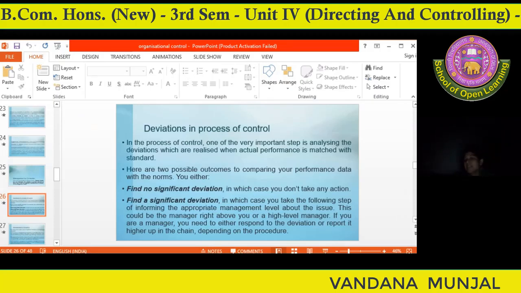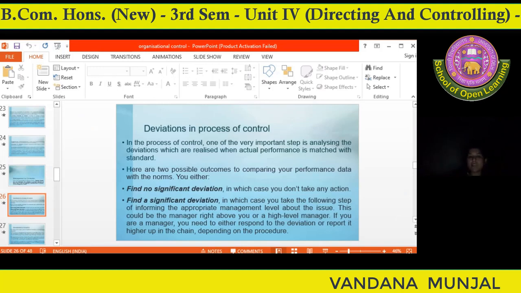Okay, next is that deviation किस area में है. Now you need to identify the key area जिसमें deviation हो. If the deviation is not there in the key area of the organization, then you can ignore them also. Okay, so this is the principle of management by exception, that if you will try to control everything, you may end up with controlling nothing. इसीलिए control को inexpensive बनाने के लिए, उसको cost friendly बनाने के लिए, to save the cost, exercise the principle